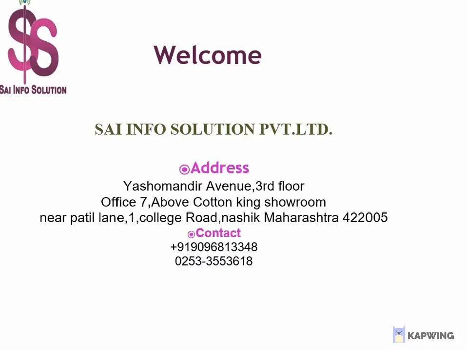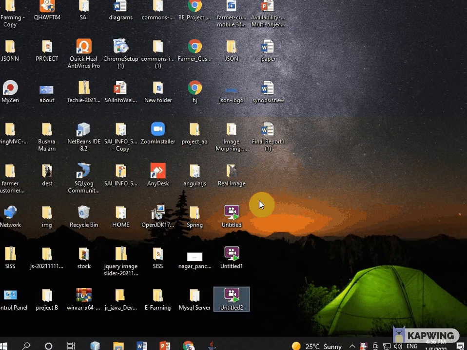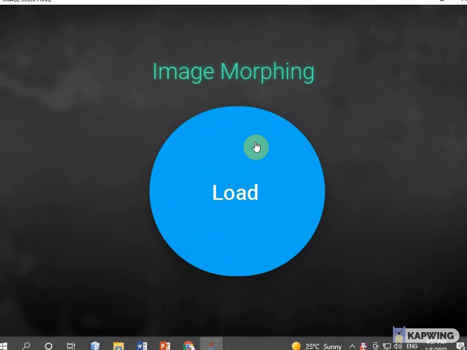Today's session is regarding image morphing, a machine learning based application that can identify fake images. Let me clarify what a real image is. Any camera image is a real image. If you edit this image in Adobe, Paint, or Photoshop, doing any manipulation, then it is considered a fake image. So first have a look at the demo.